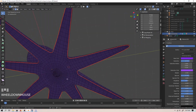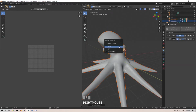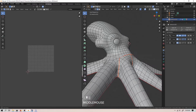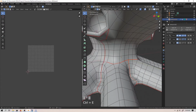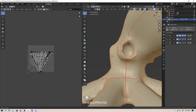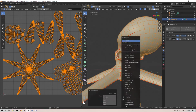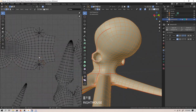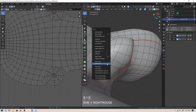And finally, I just wanted to add suction cups to the octopus to make things hard on myself, I guess. Originally, I wanted to fake the suction cups using dupliverts, and I will do that at some point in this series just because I wanted to make a low-poly version of the model. But I couldn't let a challenge like that pass by me. I had to do it. And it actually ended up being really difficult to do, not on the tentacles, but actually on the body of